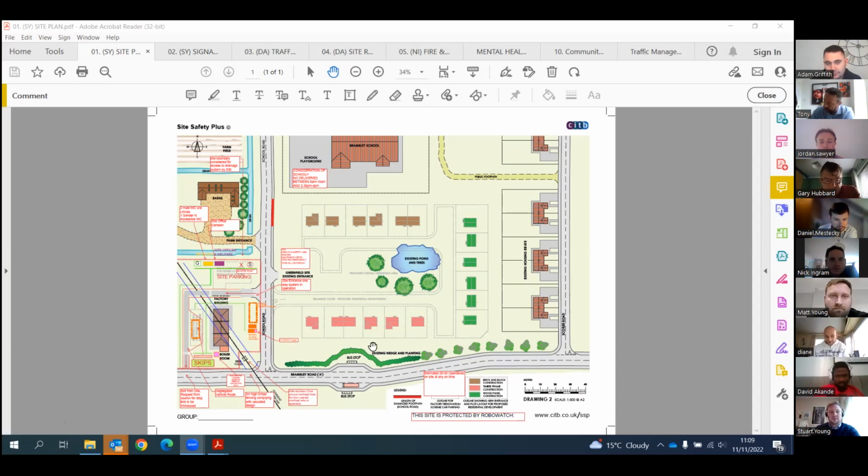Hi guys, so I'm working with MSAN's company. I've been with the company 2 years. I'm managing the services and the coordination of the site setup, and I'll just take you roughly around our site plan to give you an understanding of what we are doing. So our works are off of Bramley Road and School Road. We are working on this factory here. It's a factory refurbishment,